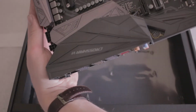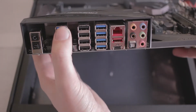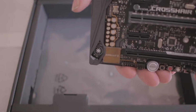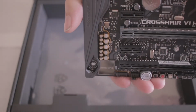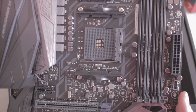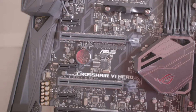The I/O for this thing was super impressive. It has 8 3.0 ports, 4 2.0. It even has a USB 3.1 and 3.1C there by the gigabit LAN port. The Supreme FX audio processor is amazing. It has great digital to analog conversion, high impedance for both headphones and speakers. By the time you're watching this video, I'm actually recording it on this motherboard and it sounds fantastic. Finally, there are 8 SATA ports, 4 slots for DDR4 RAM, and your 2 PCI 3.0 slots that are reinforced,